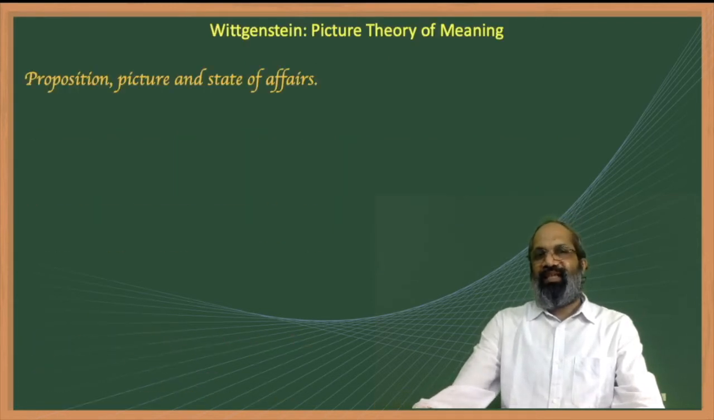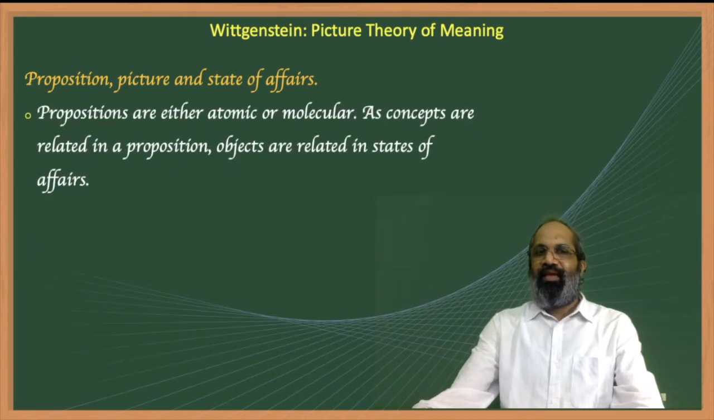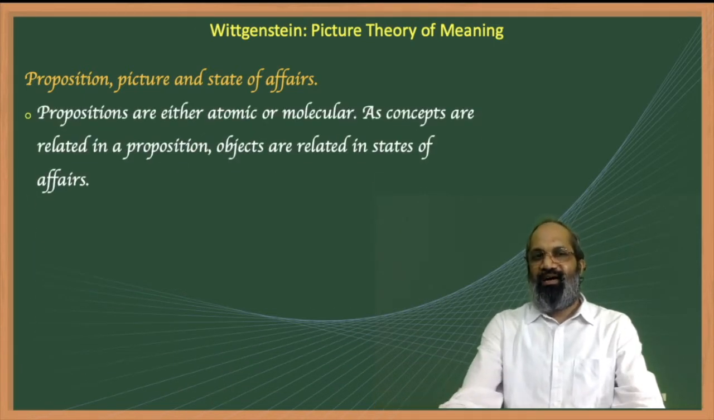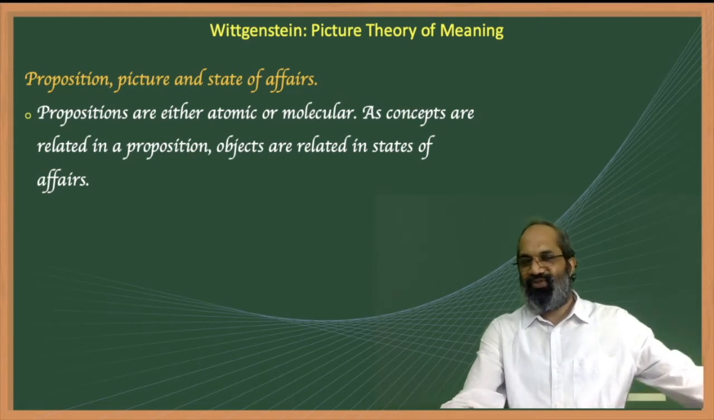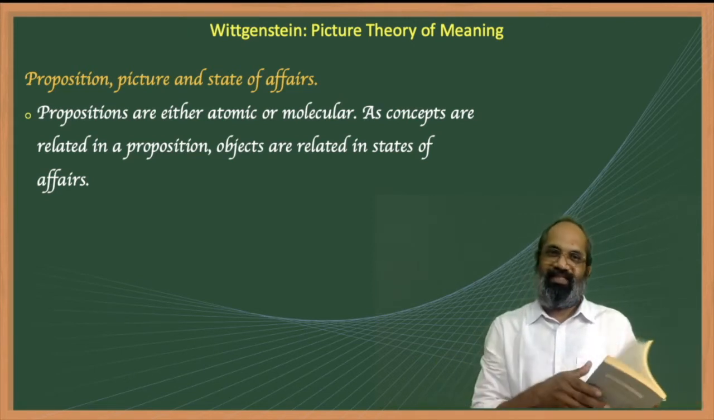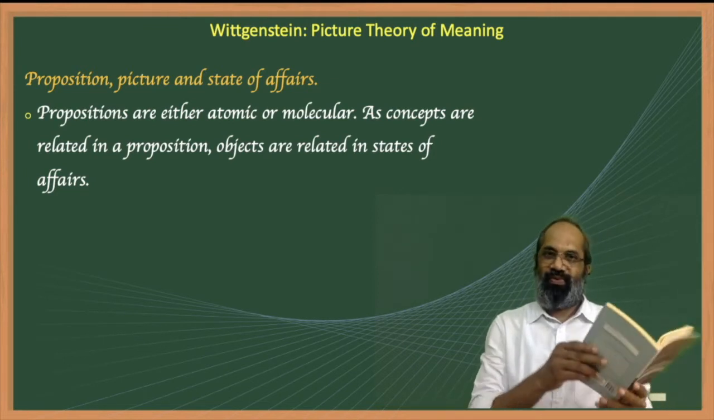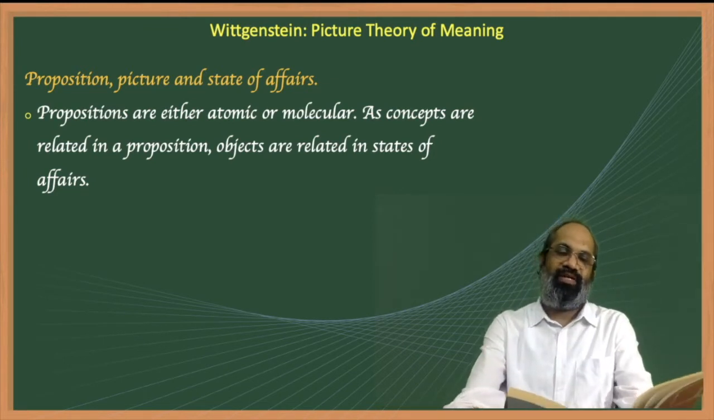Now, propositions, pictures, and states of affairs. What's the relation between them? Propositions are either atomic or molecular. As concepts are related in a proposition, objects are related in states of affairs. And before getting into these details, I'll just go through the first parts of the book, Tractatus